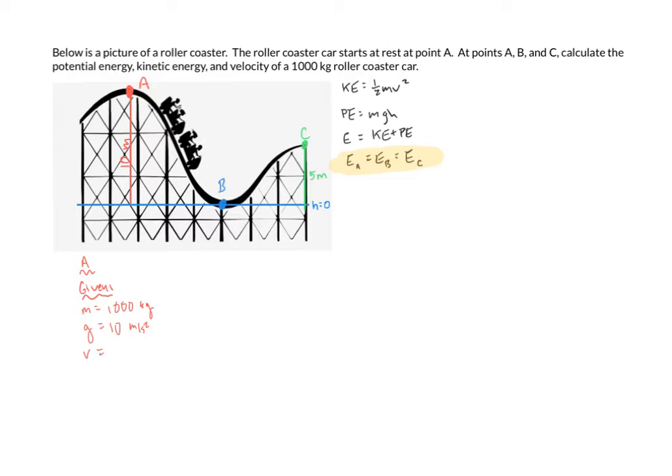And the speed of my cart is 0 meters per second, because as you can see in the problem, the roller coaster car starts at rest. Now, I have to figure out my unknown. And my unknown here is going to be the potential energy of the cart,